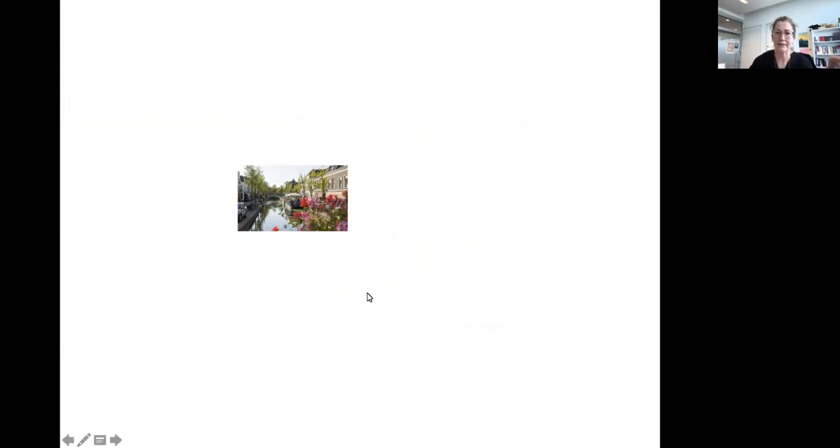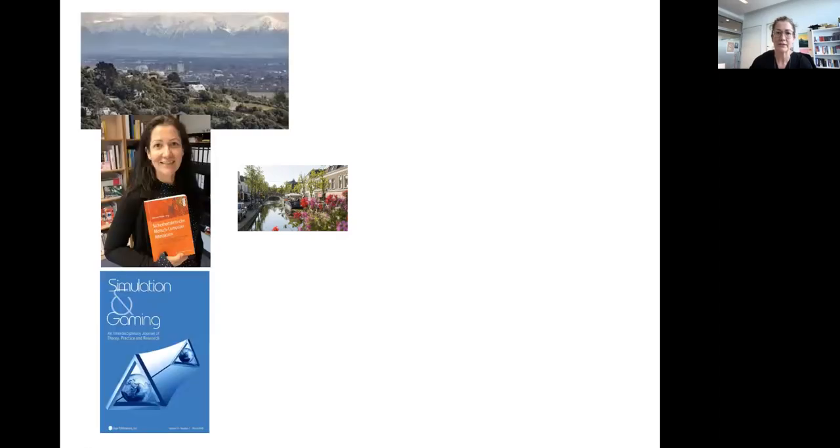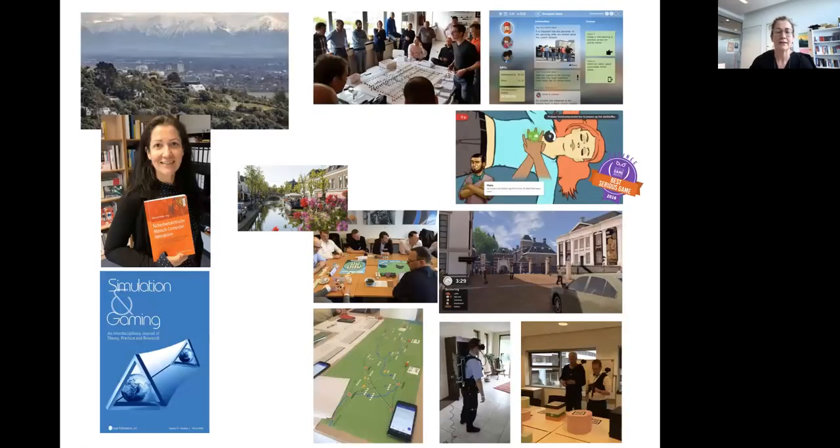And for me, the small pictures always disappear from the slide. Is it just my computer, or do you have the same? Can you see all the pictures? Okay. Yes, now we see them all. Good. So